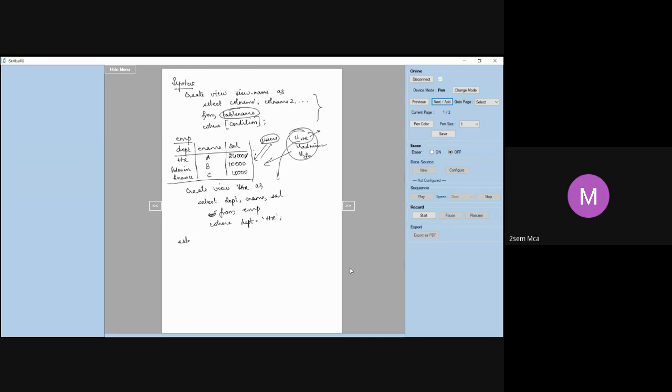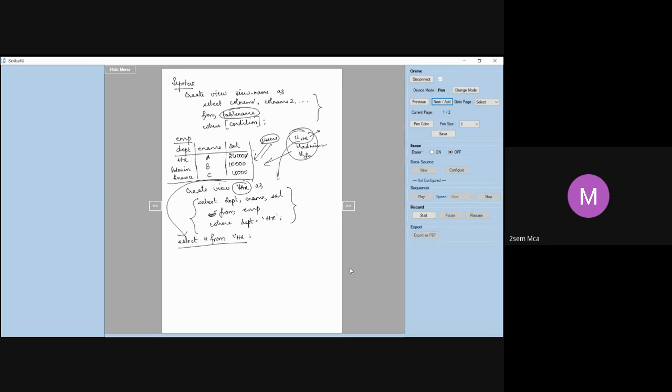Now, simply I can give select star from VHR. Now I can access this like a normal table. So if I do like this, select star from VHR, what will happen? Only this condition will get executed and only those records will be coming. But every time I don't have to give all these things. Once I have created a view with this name, I can use that view to display or to view any of the records.